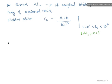And this is for fully turbulent flow, but we could have a situation where we have a flat plate and the boundary layer is laminar. Of course, it's going to be laminar in the little bit at the front, right? And then at one point, because the Reynolds number is measured with respect to X going along the plate, there's a bit of laminar flow in the beginning and then it turns turbulent. And so there's also a relation that is adjusted for the laminar bit at the front, and when we come back from the break, we'll do an example using this expression, which is for mixed flow,